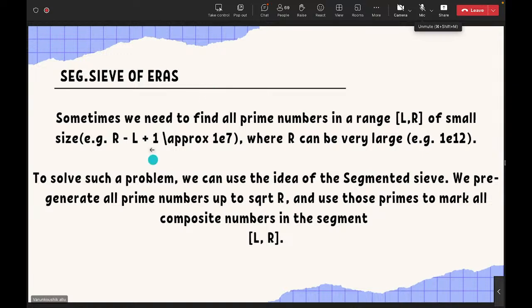If the size is small, it won't be a much problem. But if R is large and the interval is very big, then it may not pass the cases when you're taking it. If you find all the divisors till R, then all the divisors till L, it may not pass. I already told you CP is one of the